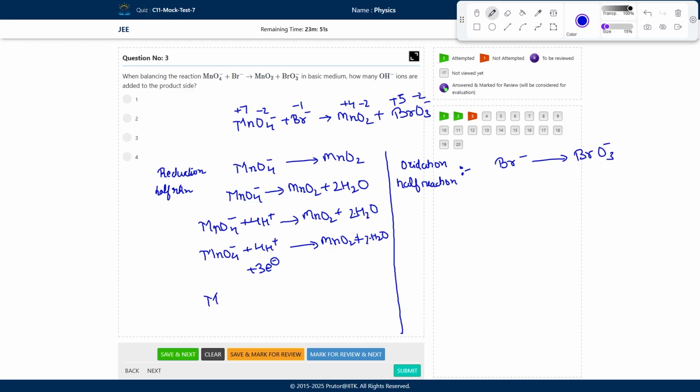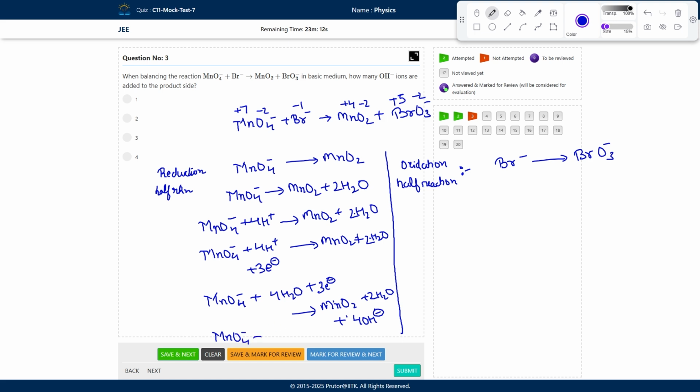So MnO4 minus plus 4H2O plus 3 electrons, giving us MnO2 plus how many OH minus? 4 OH minus. Okay, and 2H2O. Again you will subtract 4 from 2 and this will give you your equation